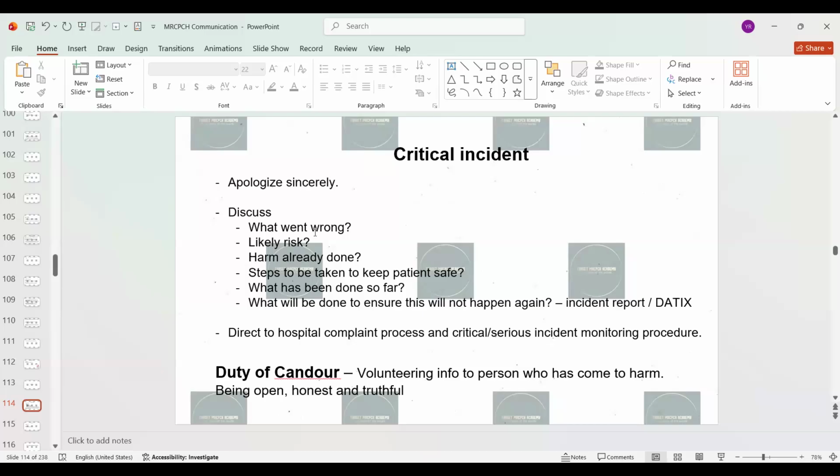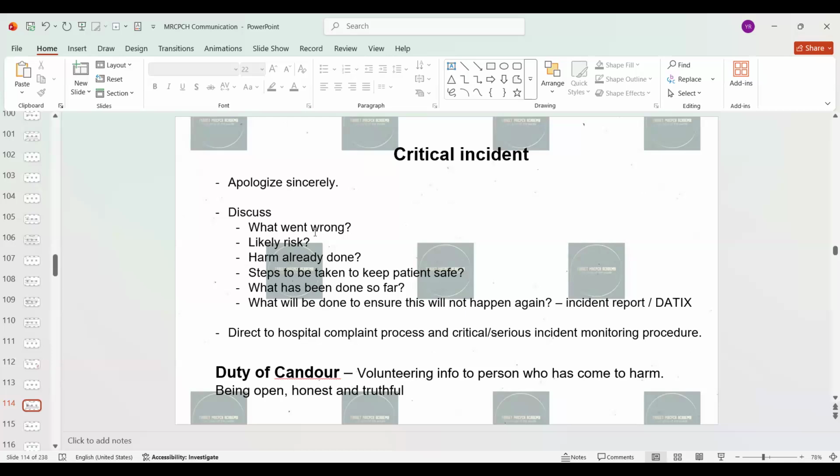One way of doing it in the UK is something called incident reporting. In each setup, the incident reporting pattern might be different. They might use a different type of software. The basic thing is incident reporting, so that is what you should remember. So you're going to report this incident. In some places it is called Datix, that is the medium through which they do incident reporting. So don't get flabbergasted when somebody says Datix. It is nothing but incident reporting. So you can keep it simple and say that you're going to report this incident.